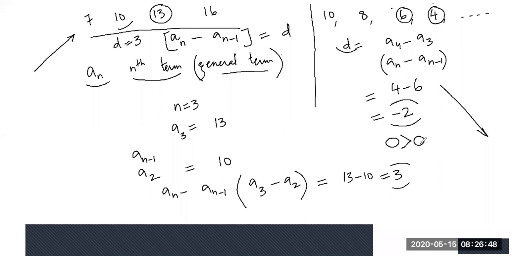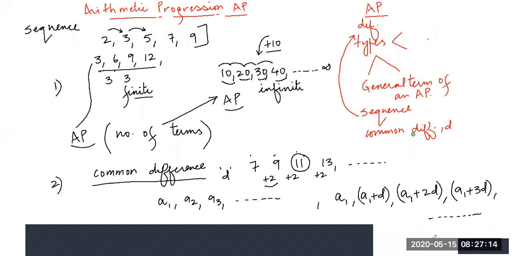This number is greater than this number, and this number is greater than this number, right? So basically, it's decreasing. Am I right? So in this case, this number would be smaller than this number, would be smaller than this number when the D is positive. When the D is negative, it's going to be like this. So this is the two ways arithmetic progression can be categorized.